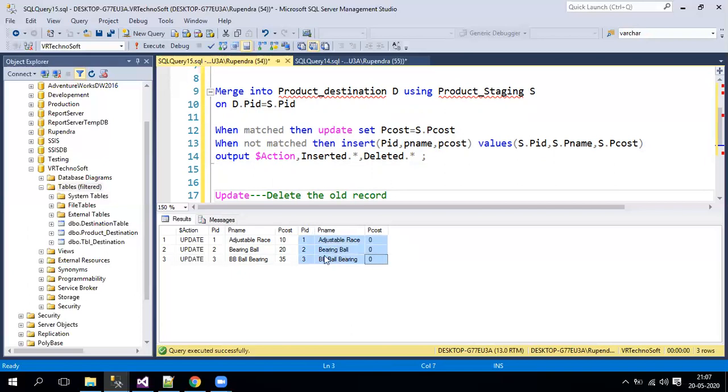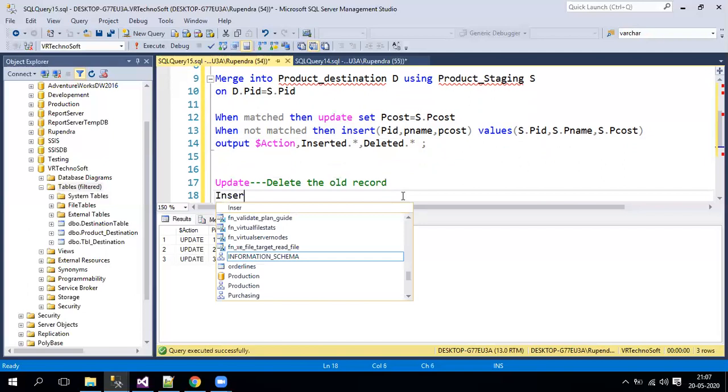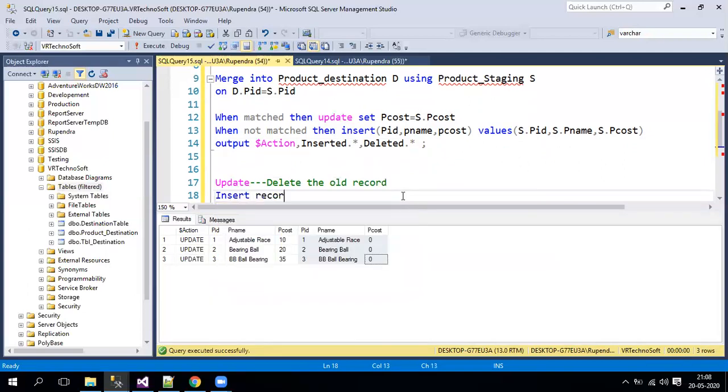Now in the update case it will do one more operation, that is insert: it reinserts the record with the updated value, that is 10, 20 and 35. That has been saved in the inserted magic table.